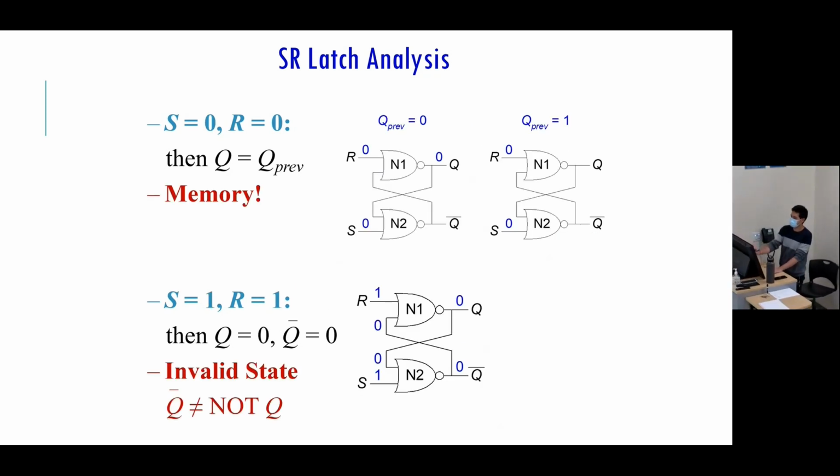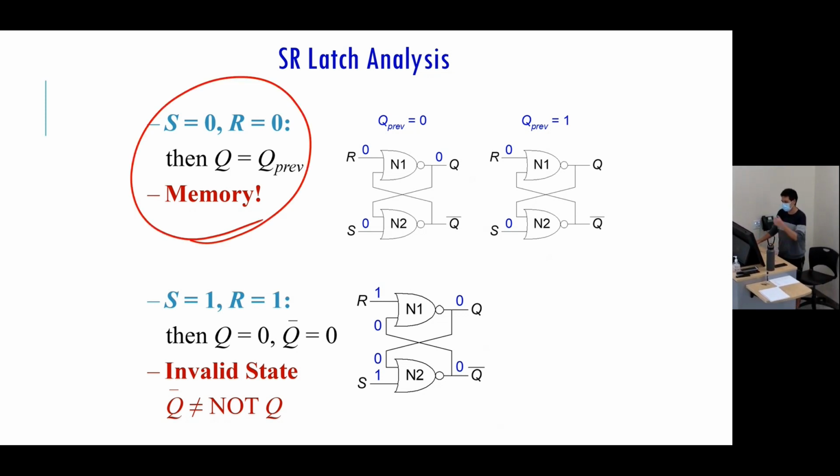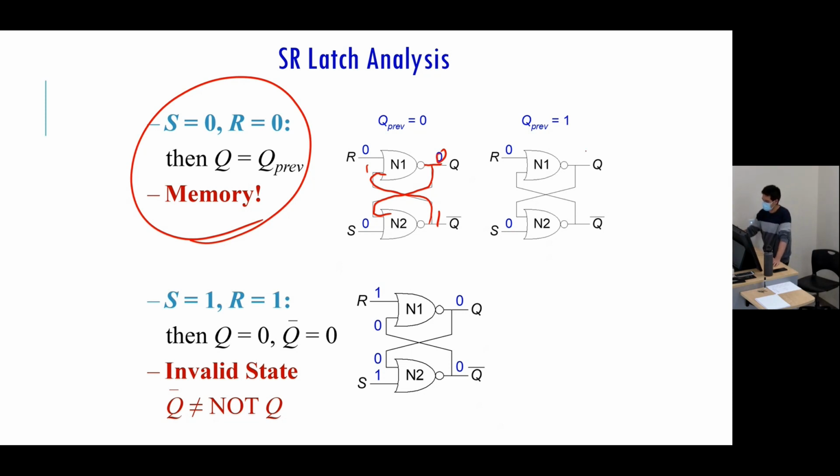And then here's our memory. So when S is 0 and R is 0, Q becomes whatever Q was. So it continues to stay as either 0 or 1, whatever it was. So like here, let's say Q previous was 0. We follow it over here. 0 nor 0. This is 1. We follow the 1. 0 nor 1. This is still 0. And then if Q previous was 1,